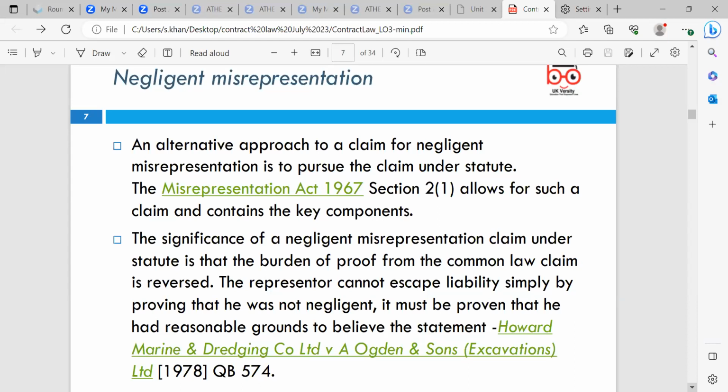The representor cannot escape liability simply by proving that he was not negligent. It must be proven that he had reasonable grounds to believe the statement, as in the case of Howard Marine and Dredging Company Limited against A. Ogden and Sons